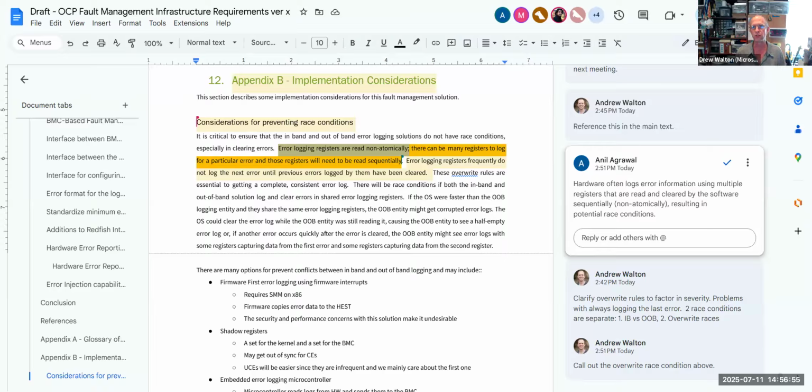One of the first things I do when I talk to a new chip team is I say, hey, do you all have error overwrite rules? What are they? And then we start talking about them, and I'm like, hey, capture a consistent error log from your chip. And sometimes the answer is no, and you got to go fix something.